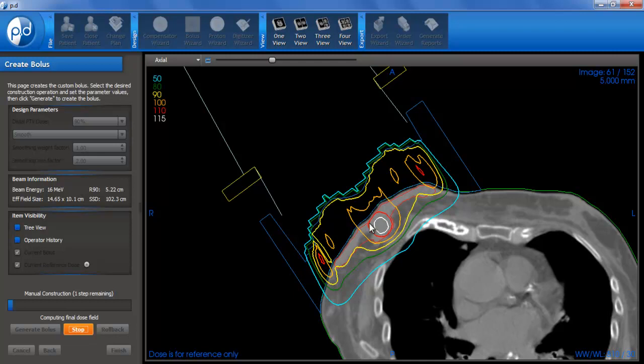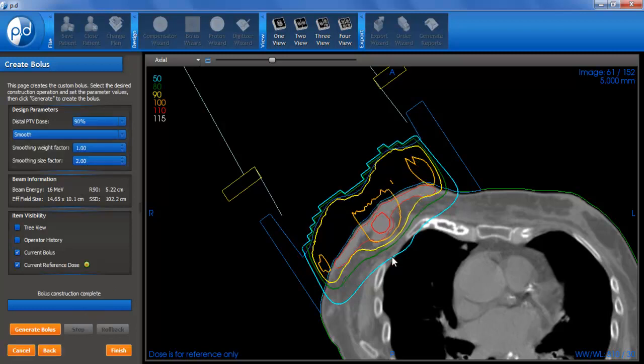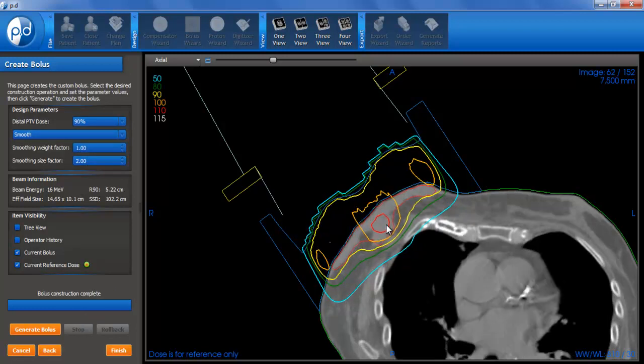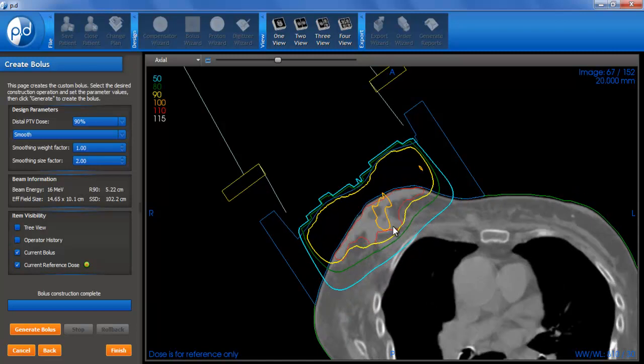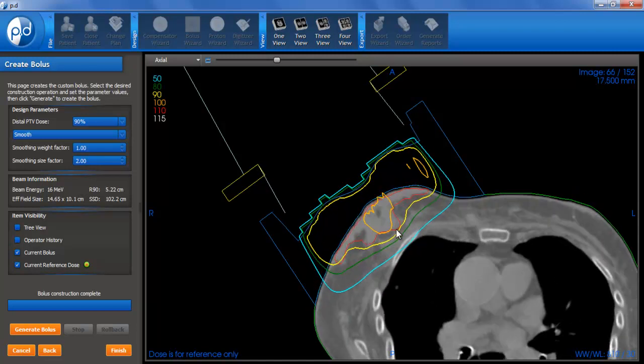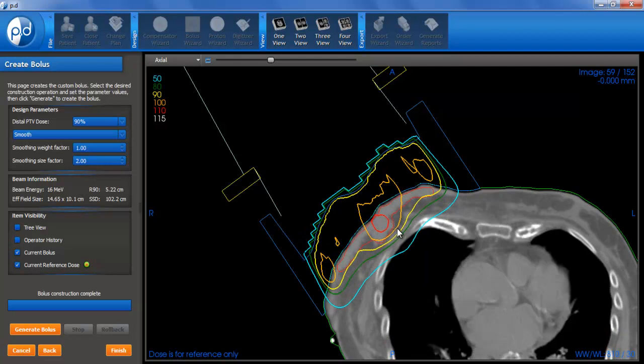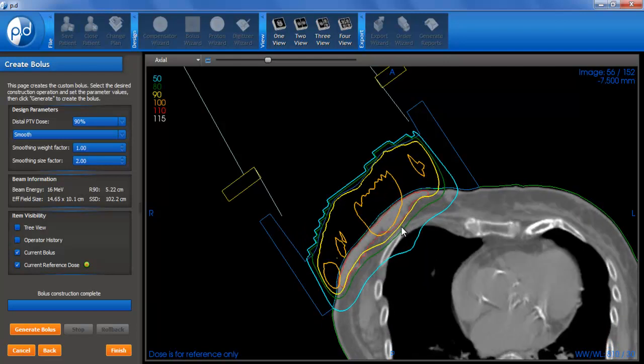I'm going to see if I can get rid of this hotspot altogether. So I rolled back to 17, and then I'm going to try to reapply the smoothing from 17. You can also smooth, working on the same one if you want as well. So whichever way you prefer, it doesn't make a whole lot of difference. It's just a matter of preference, whether you want to try to do it all in one shot by rolling back, or you want to do it